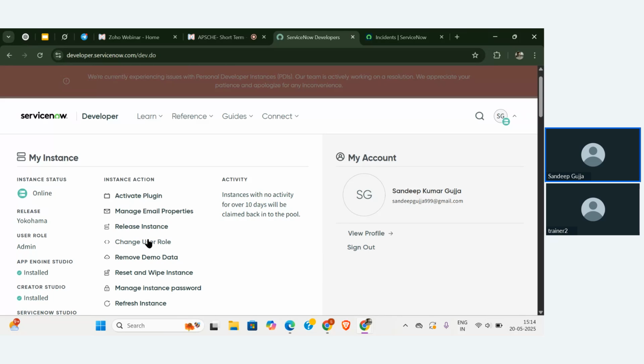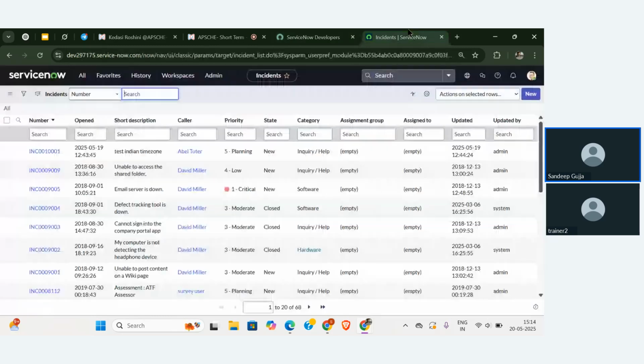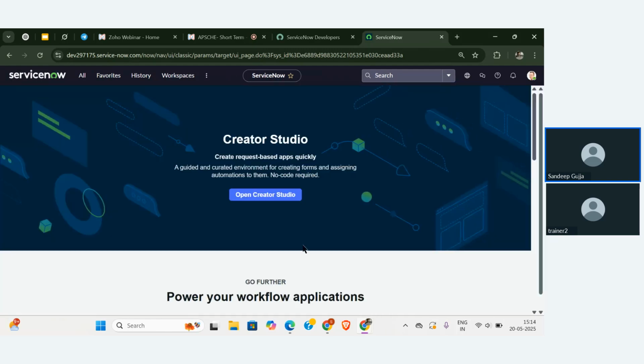Here comes the major thing you need to remember: change user role. Suppose you are not able to log in as admin, that means you are not able to see the interface that I'm seeing now. That means you're not in the admin login.